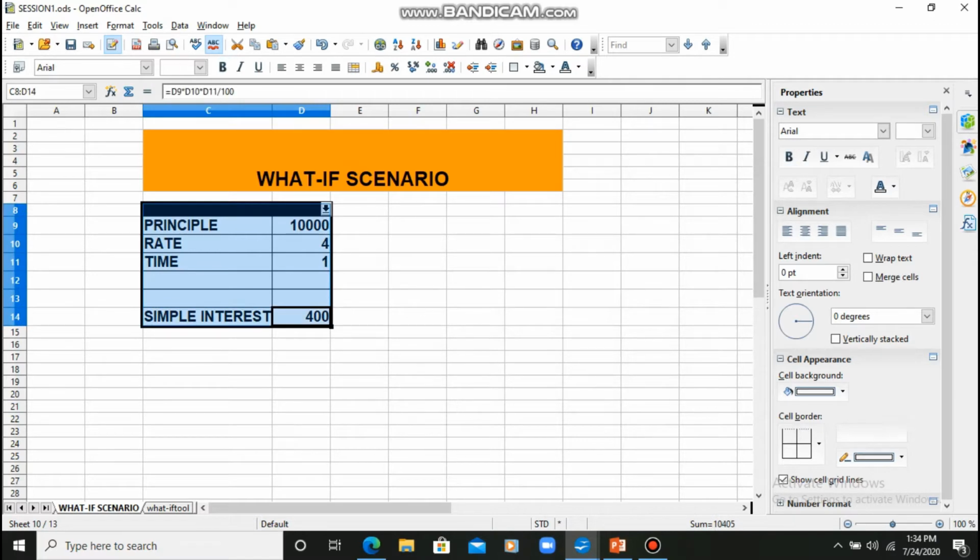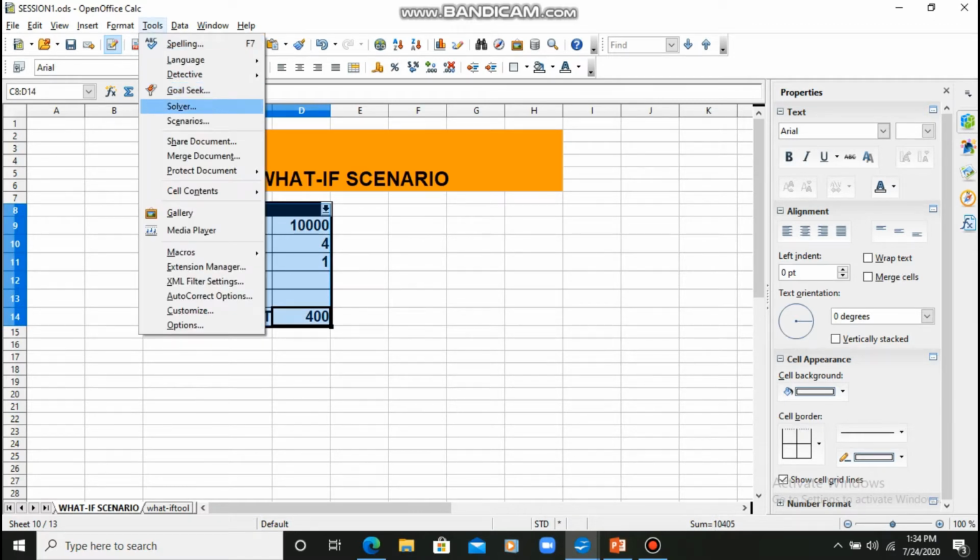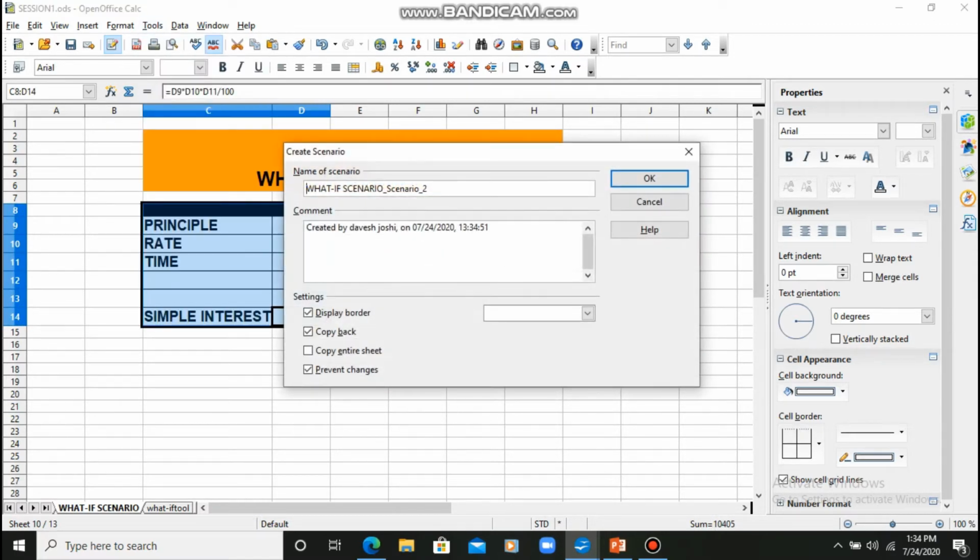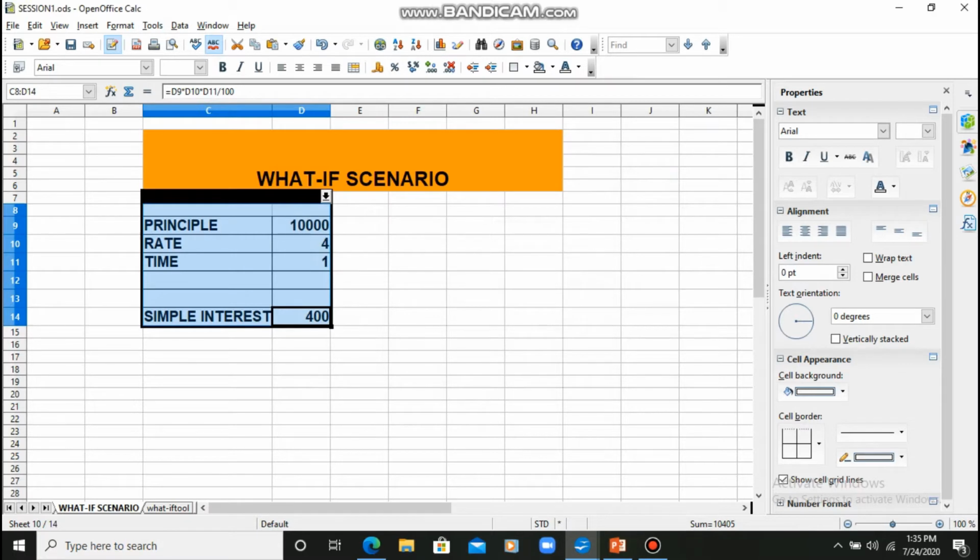I'll go to the tools and then again I'll create a scenario for 10,000 and give the scenario a name D2, and also you can give a narration here, 10,000. So students, this way, and you have to understand this window also. Okay, you can draw this diagram whenever a question is asked in your exam. Okay, but you need to understand the tabs and the name of the feature which we are using.